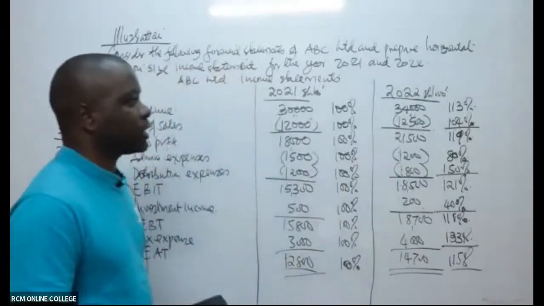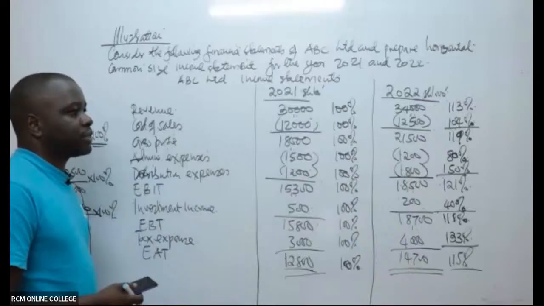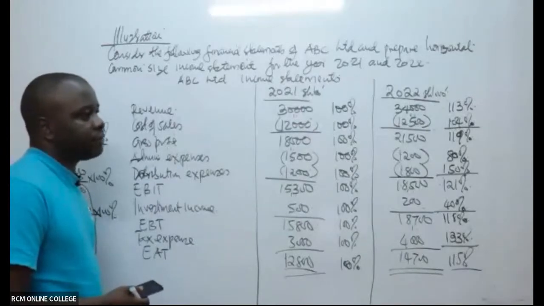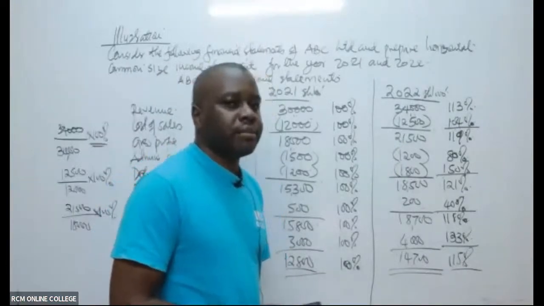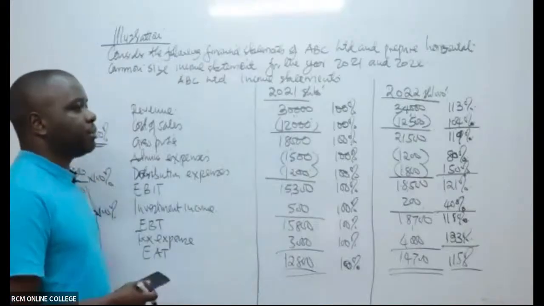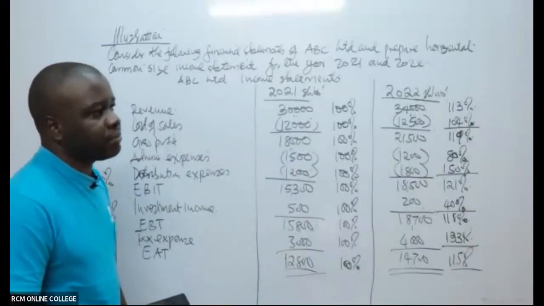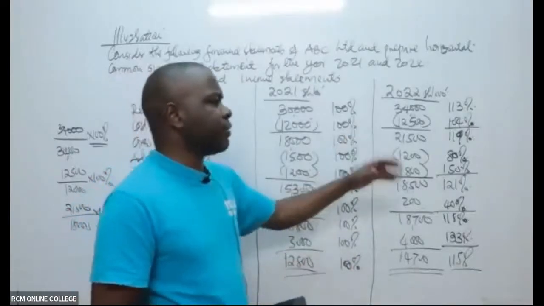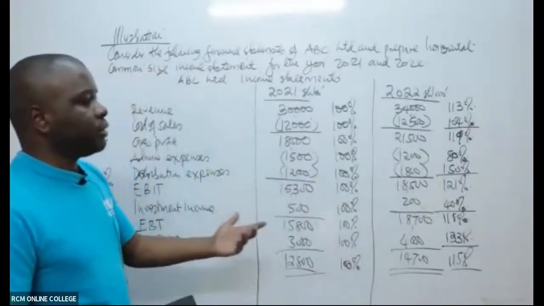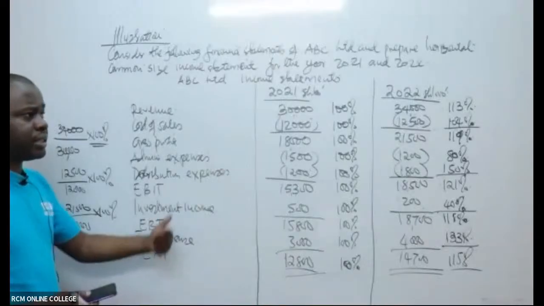Analysis. So what we call analysis. You try and analyze the different elements in the financial statements and see what could be the variation, or maybe the trend in terms of the expenditure, maybe the revenues. So the different items in the income statement or the financial statements, you can see there's some kind of trend. Maybe there was an increase, maybe there was a decline. So that just gives you a trend